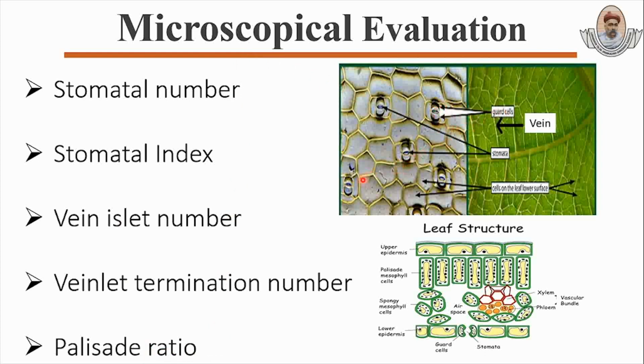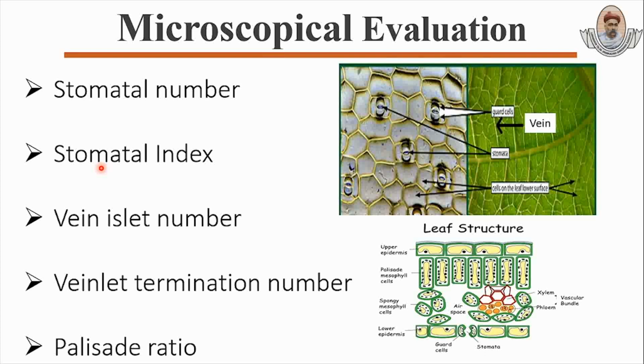In case of determination of stomatal number of any sample drug, we have to record the number of stomata cell present per square mm of leaf surface. It is usually constant for given species of crude drug. Accordingly, you can evaluate the given sample of crude drug. Another one is stomatal index. It is more refined parameter.